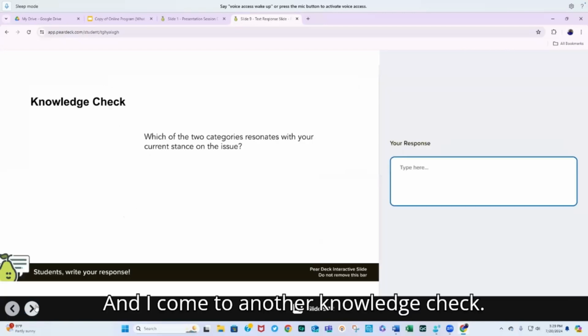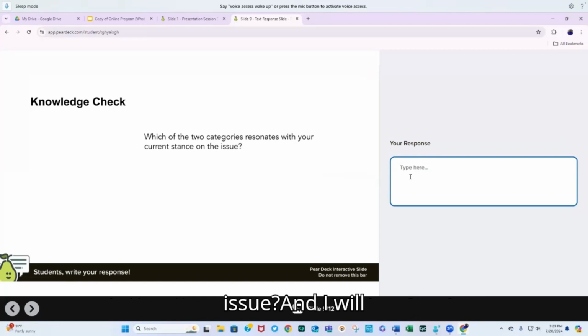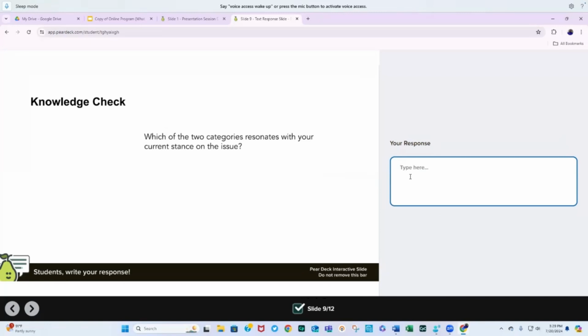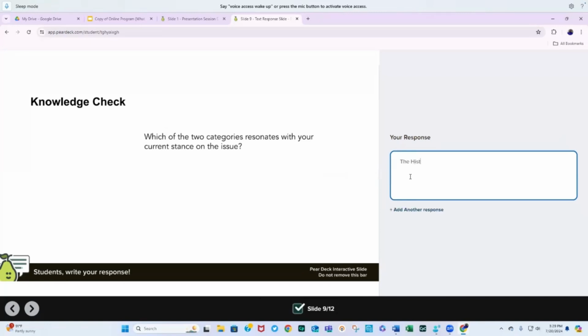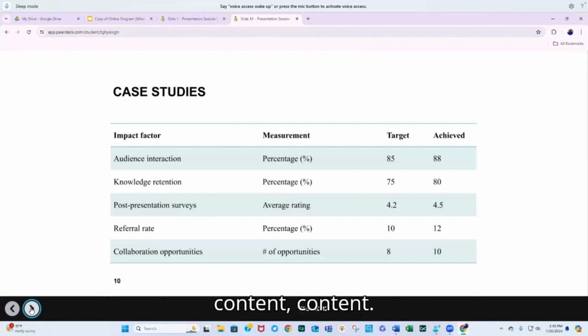And I come to another knowledge check, and it says, which of the two categories resonates with your current stance on the issue? And I will put history. The history category resonates most with me because, okay, and so they've responded to that, and on to the next set of content,